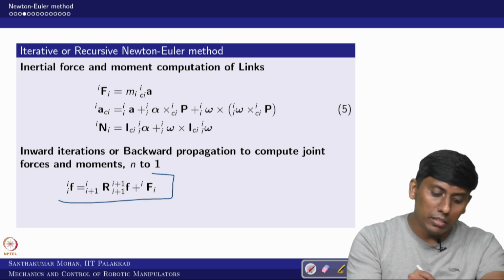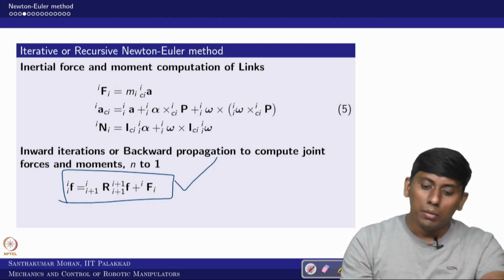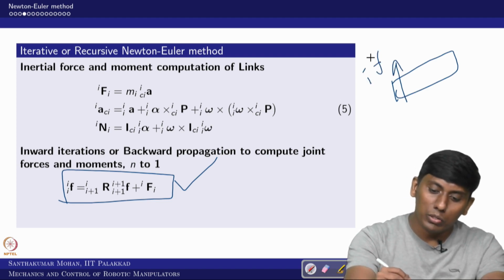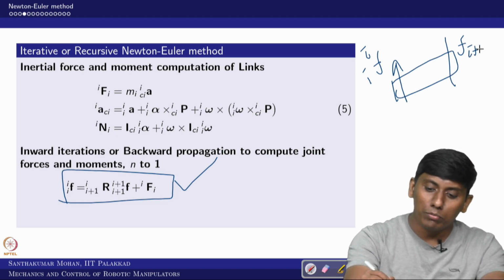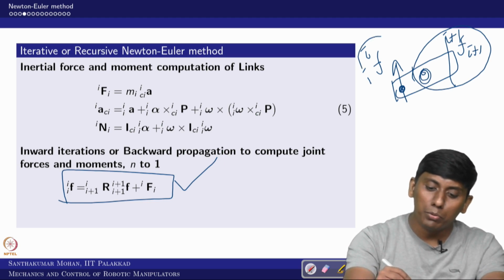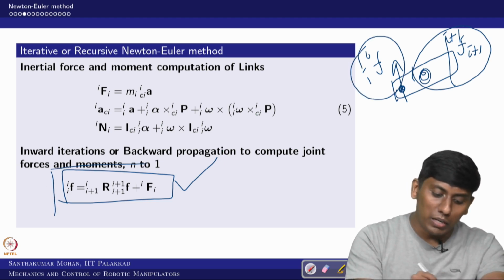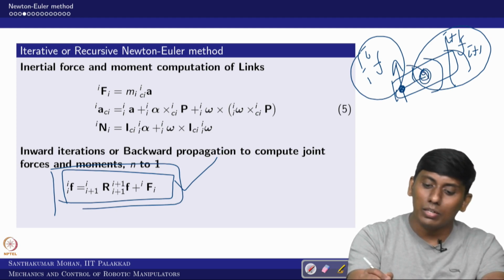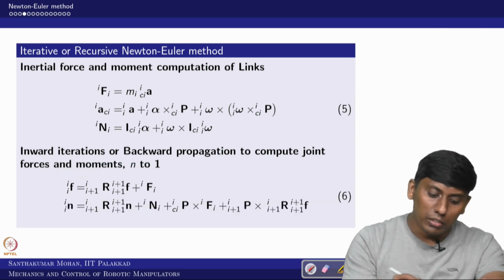So now this is the equation we have, because when you talk about this link, this link would be having F_i, because of the ith frame, this is F_{i+1} to i+1, but this has an inertia force. Now when you see this point, if you assume that this is a dynamic equilibrium, then these two forces sum is supposed to be equal to this, right. So that is what we are writing here. The same way for moment, there is a moment here, so there would be a couple happening here, that also will come. So that is what you can see.